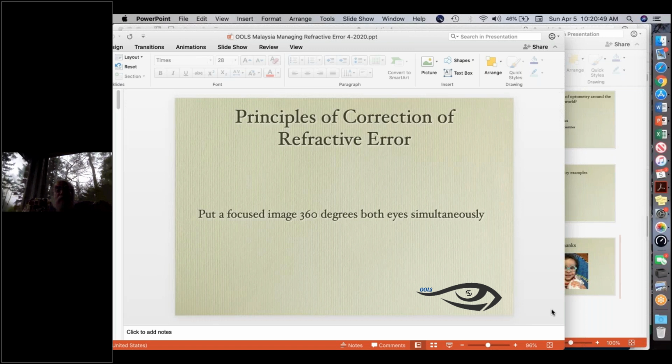Amblyopia, strabismus, and significant refractive error in children are intimately related. If the child has one of those, in all likelihood, the child can have the others as well. If you have anisometropia, you're going to have amblyopia, and you're going to have probably a microtropia, a strabismus. If you have amblyopia, you're almost certainly going to have one of the amblyogenic risk factors. Amblyogenic risk factors are significant refractive error,